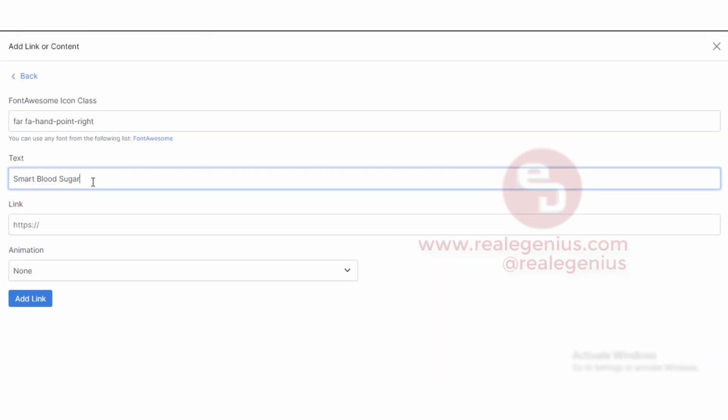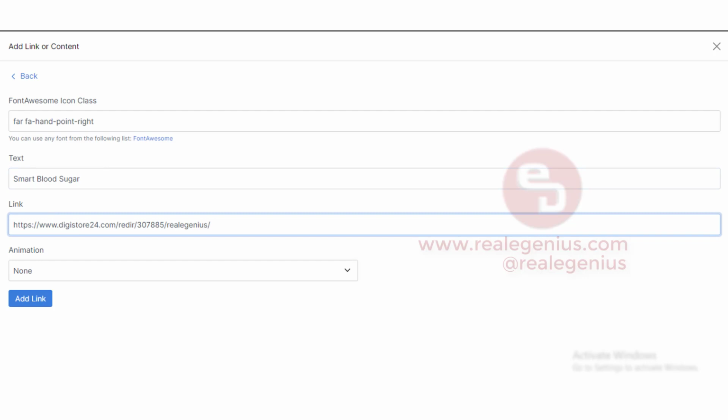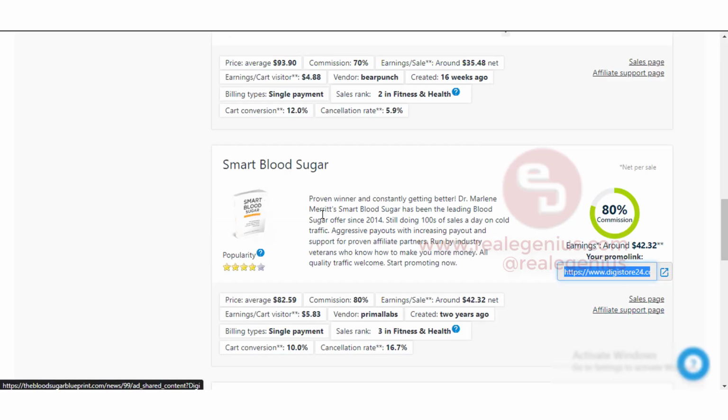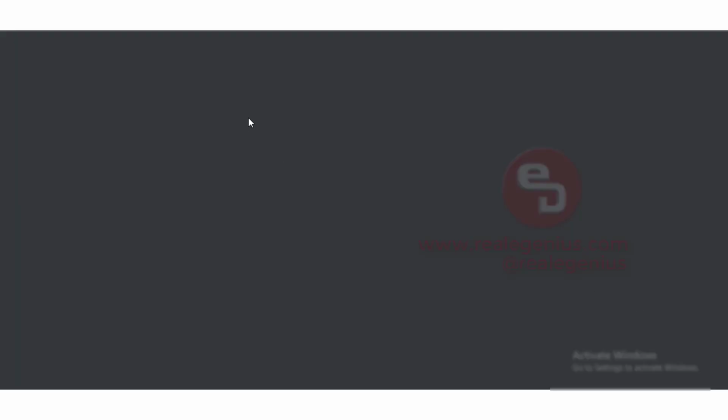You can just get creative with the text. Just write something more eye-catchy. All right, you can also click on the sales page to get more clues. Okay,